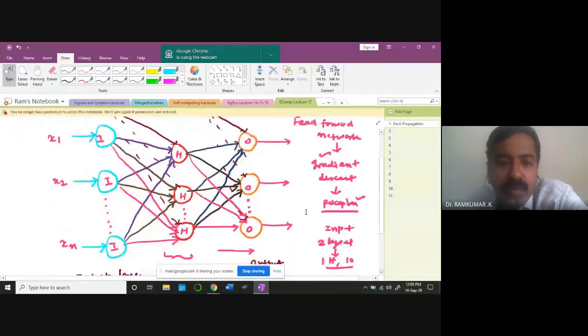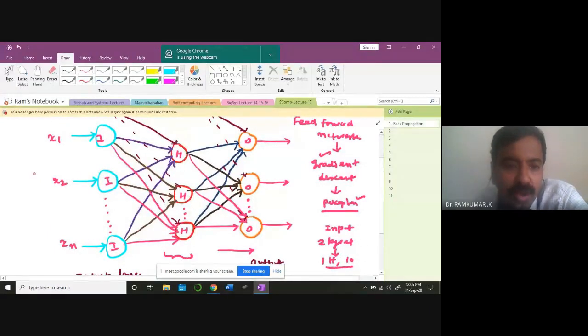Now look at this neural network. It is a fully connected neural network. For example, if you take this first neuron, it is connected to this neuron through this weight, and also to the next neuron, and the last neuron is also connected from the input layer to this first hidden neuron. In the same manner, the second neuron is also connected to all 3 input neurons, and the third and last one as well. So it's a fully connected network. We are not leaving any weights as 0. We are completely connecting everything.